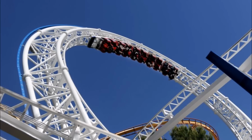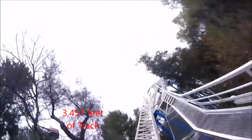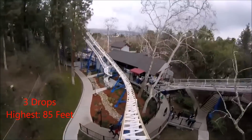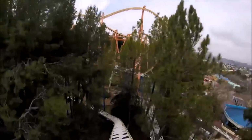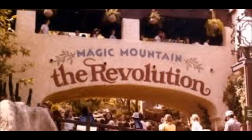So the Great American Revolution wasn't the first coaster to have a loop in the ride. It was the first ride to have a successful one. The coaster is 3,457 feet of track and reaches heights of 113 feet and speeds of 55 miles an hour. The ride has 3 drops, the highest being 85 feet, and reaches up to 5 Gs of force. The ride really didn't see any major changes for a while. When Six Flags bought the park from the Newhall Group in 1979, they renamed it La Revolution, then simply Revolution in 1988, although you can still find the words La Revolution painted on the wall near the entrance